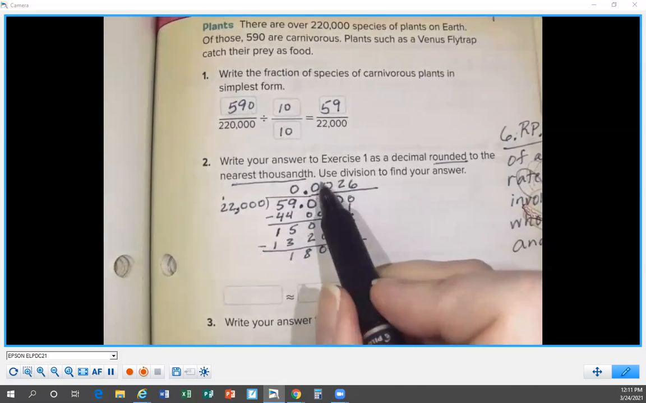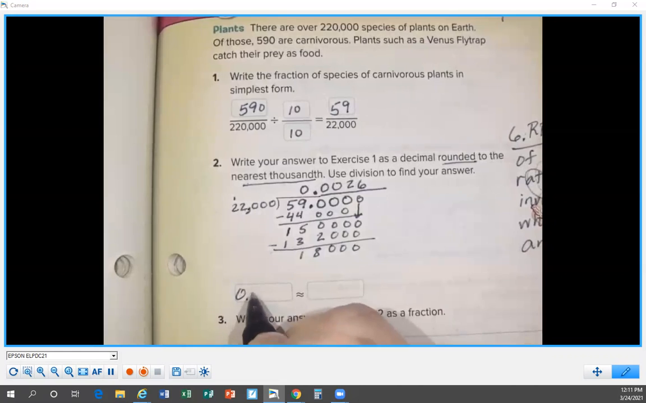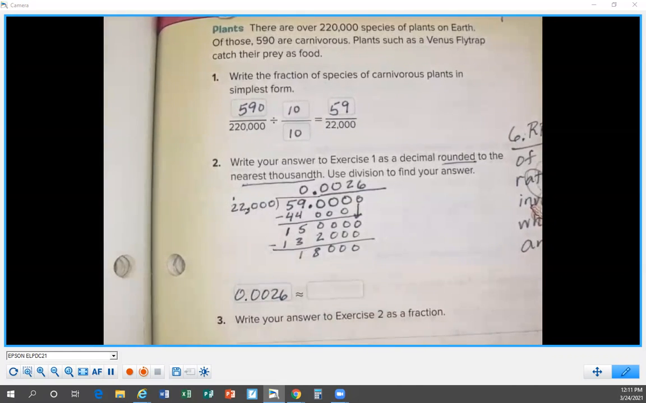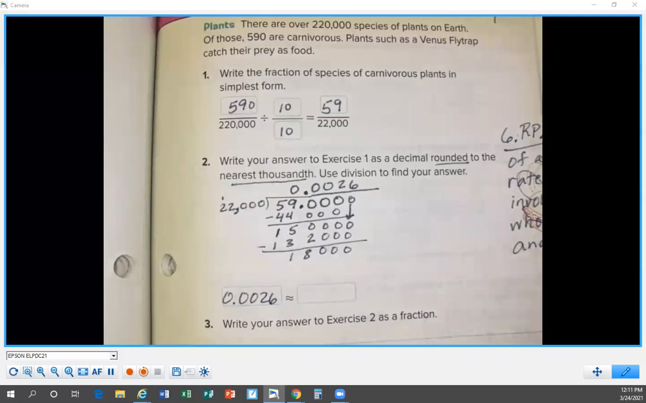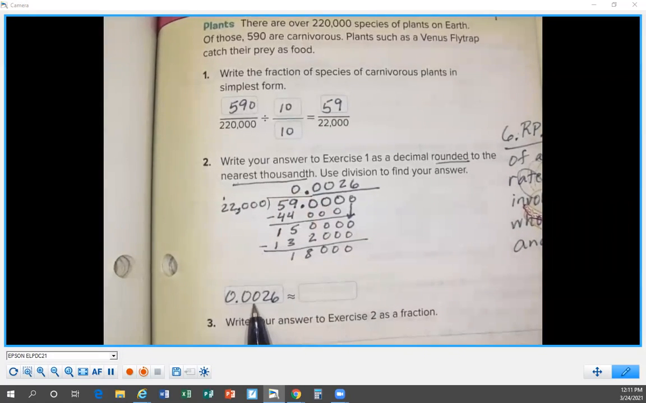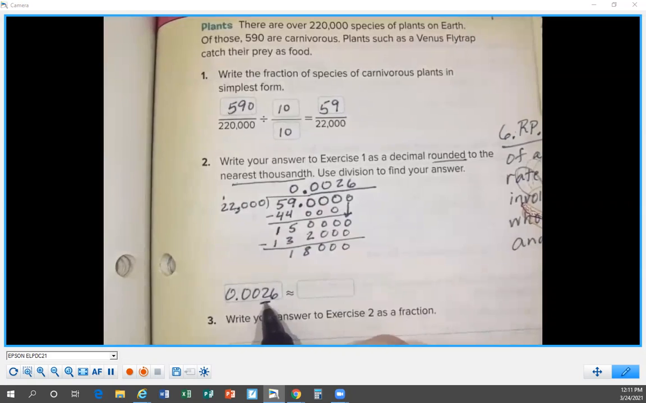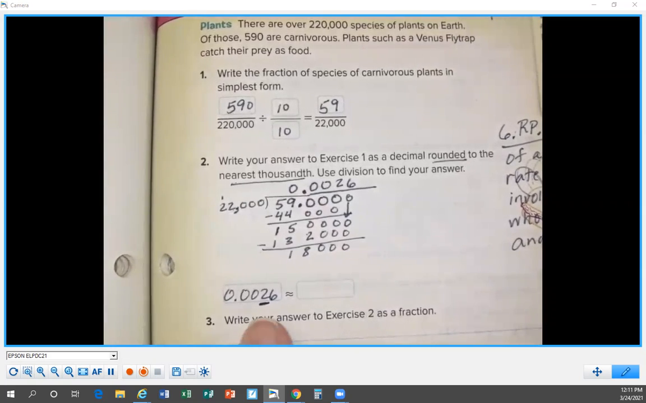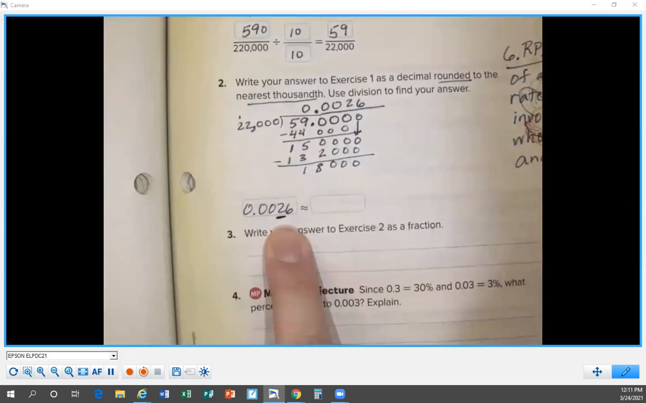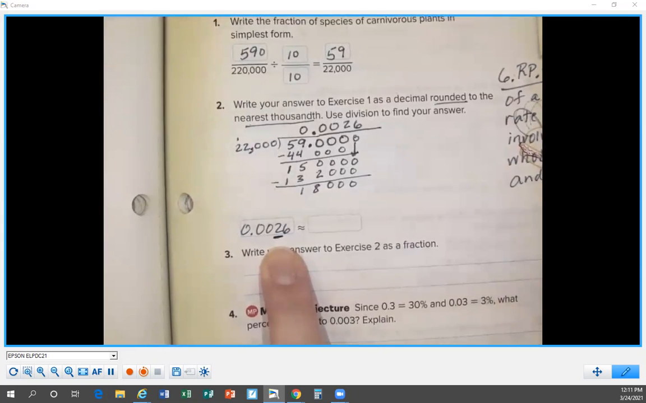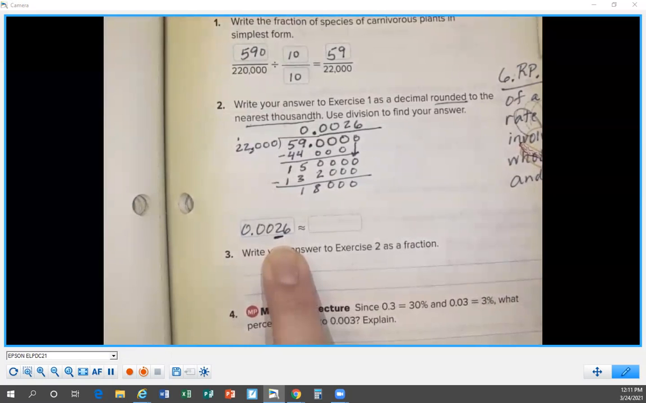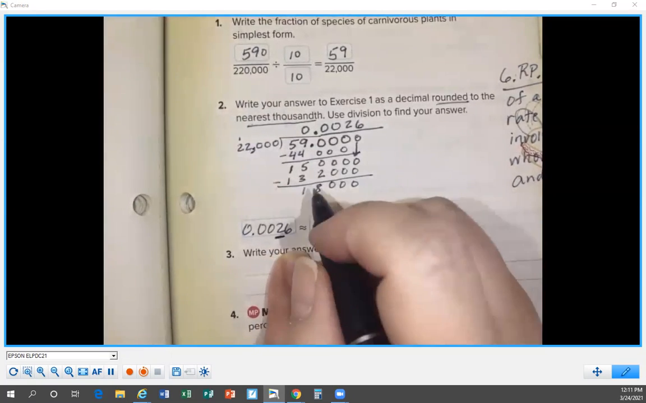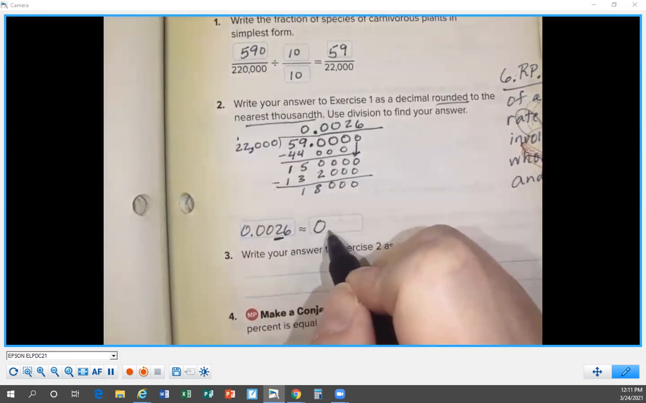So here's my answer that I have, 0.0026, and if I round that to the nearest thousandth, tenth, hundredth, thousandth, so I'm rounding to this decimal place right here. Look at the number after it. Is it 5 or higher? Yes, it is. So I need to round up. So this would be approximately equal to